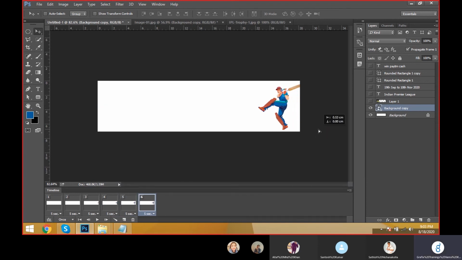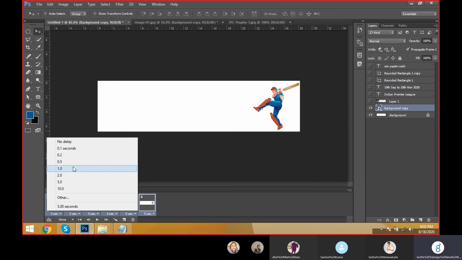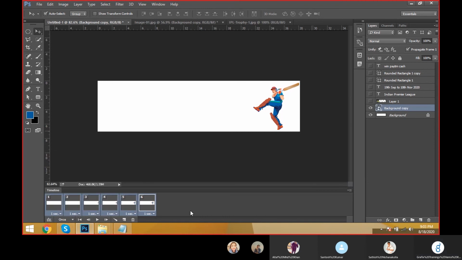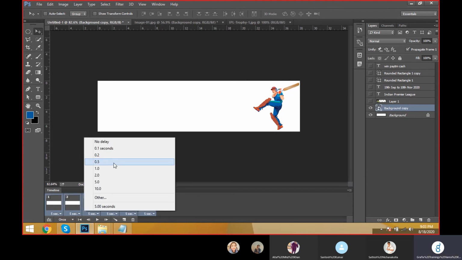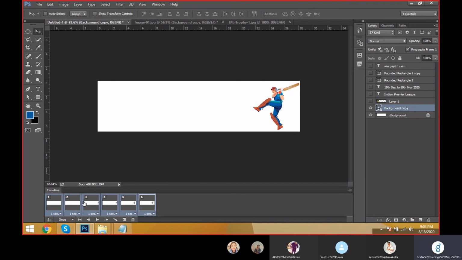Again, one more frame and keep the layer. Okay, select it and select all the frames. How many seconds will it be? Keep it at 1 second each.